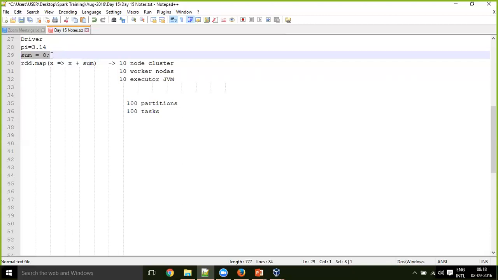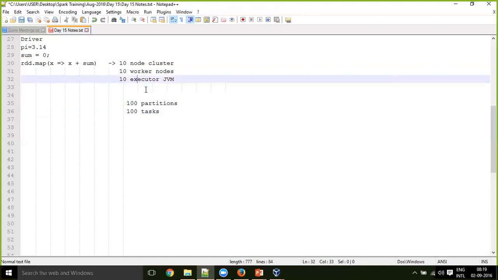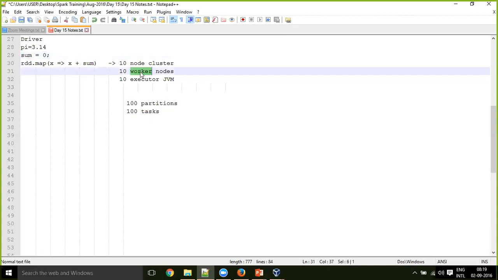That means if you have this sum as a variable, if you use it as a regular variable, then this will be sent 100 times to 100 tasks. 100 times to 100 tasks, this variable will be sent, communicated, transferred. Whereas if you make it a shared variable, this variable will get shared only once per node. Only once per node, and it will be stored in the worker node in the RAM memory